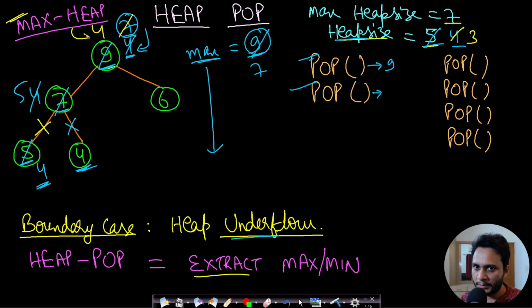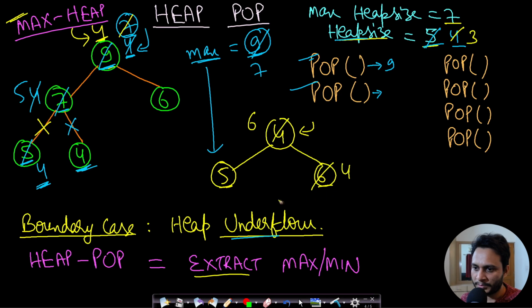Again we apply max heapify to this root element, because this may not be the largest element in the entire heap. Currently the heap structure is: 4 is the root, 5 is the left child, and 6 is the right child. If we apply max heapify on this root, it will be checked with the left child as well as the right child. Which one is maximum? 6 is maximum, so 6 will become the root and 4 will come here. Now max heapify is done because 4 is a leaf node. So we return the maximum variable 7. The pop operation returns 7 here.